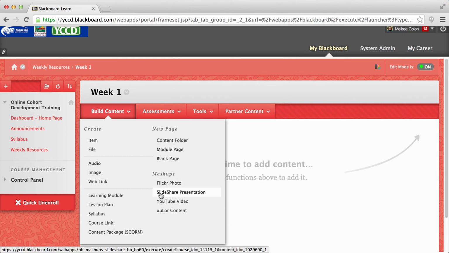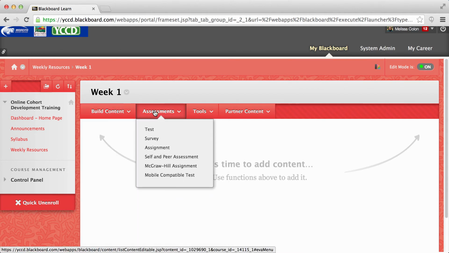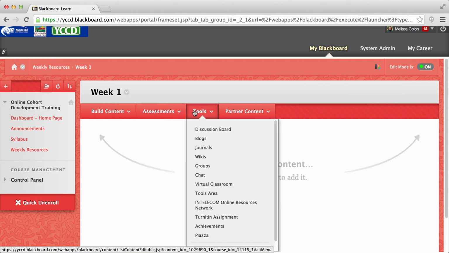We have what's called Mashup Tools. You can check that out. You can come here and create an assessment or an assignment where students can upload. There's a lot of value in using the built-in tools within Blackboard, especially the assignment areas, and Turnitin